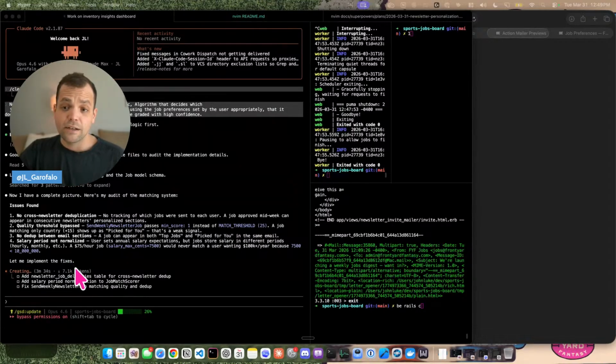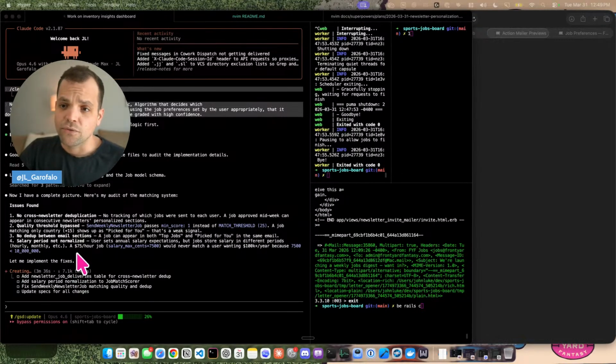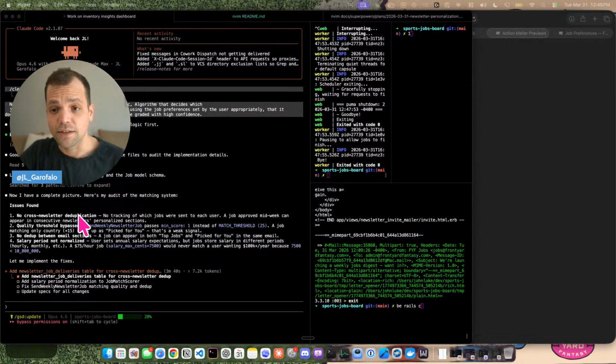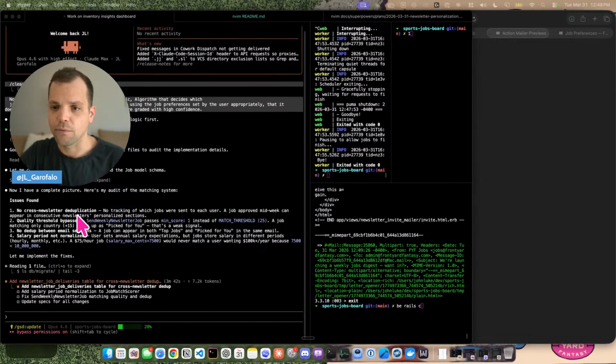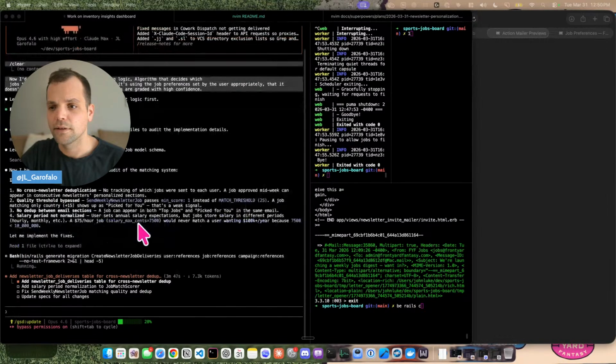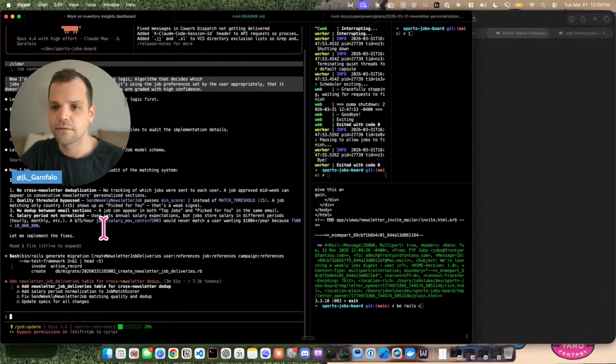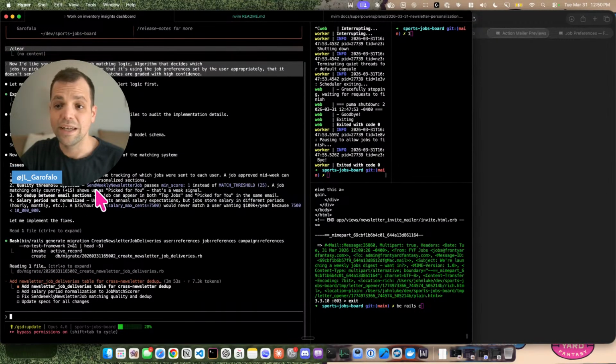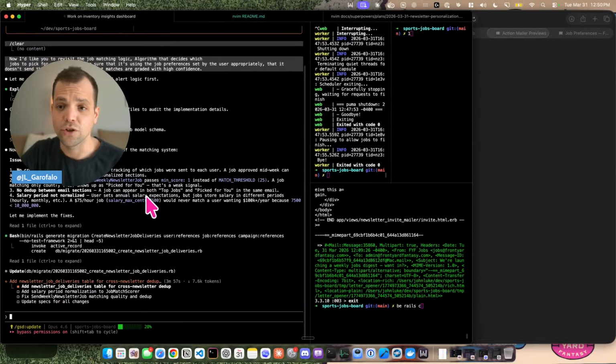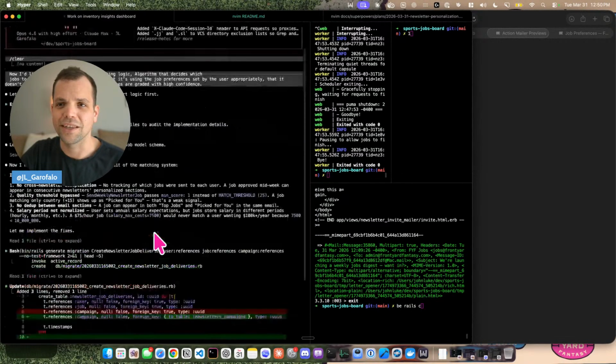All right, so it's saying we have no mechanism in place for duplicate jobs, like maybe sending the same job to the same person twice. So we have to have something there. We'll likely have to add a quality threshold bypass. No dedupe between email sections, meaning I might include a job that also gets recommended, so you'd have two in that list, which would be like, what the heck? And salary period not normalized.